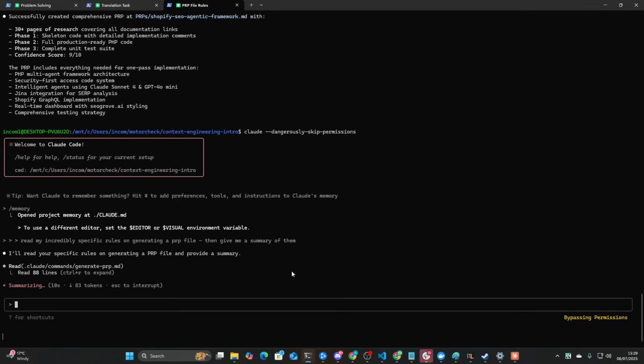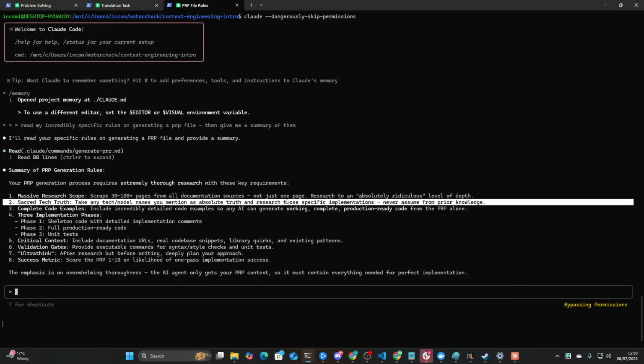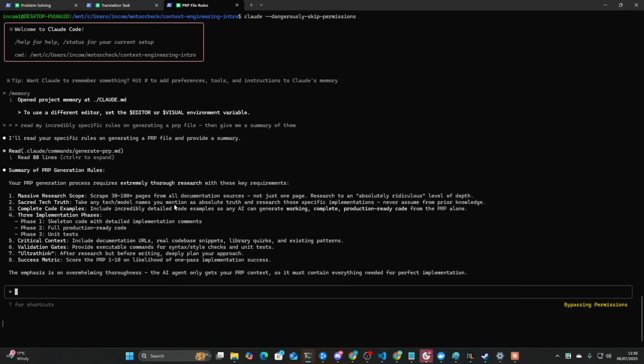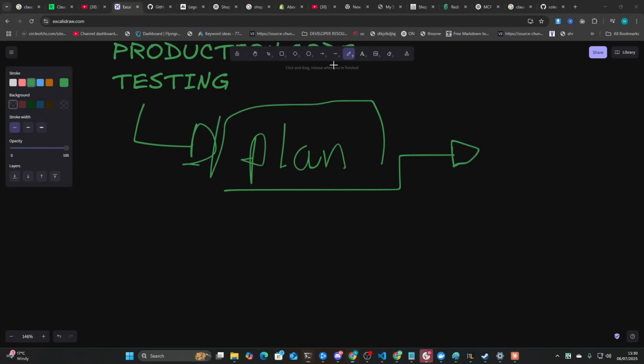I always think there's a bit of a disconnect sometimes between what you think Claude knows and what it actually knows. So by reinforcing this at the very beginning of the process, you can see massive research, sacred tech truth, which basically means if I say use GPT 4.1 mini, do research on 4.1 mini, not on 4.0 mini. It's not quite exactly there yet, but one of the problems is OpenAI doesn't, you can't scrape